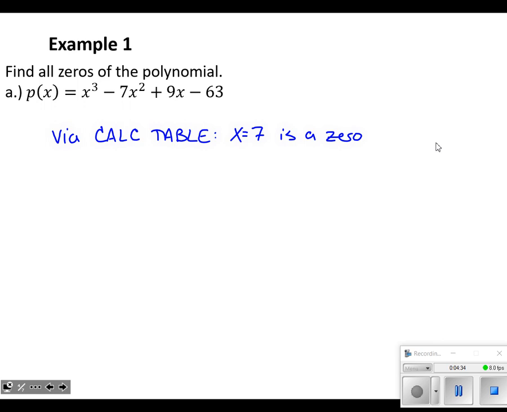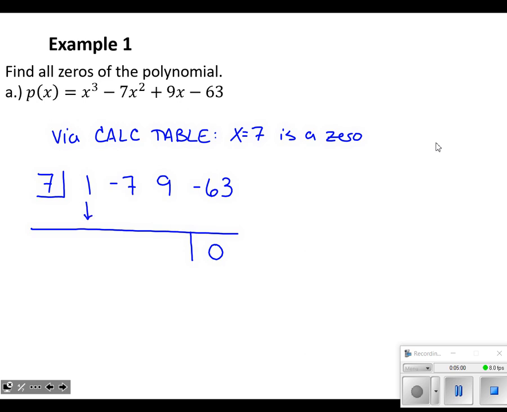All right, so from there, we take our x value of 7, and since that's a solution, we don't need to change the sign or anything. It goes right into the box for synthetic division. We'll use synthetic because it was a nice, quick way of dividing down a polynomial. And since the calculator told me the output was 0, that should be indicating that the remainder is 0. I'm sure hoping to see that as I go through my steps in synthetic. So it's kind of neat that this is actually checking our work as we go along.